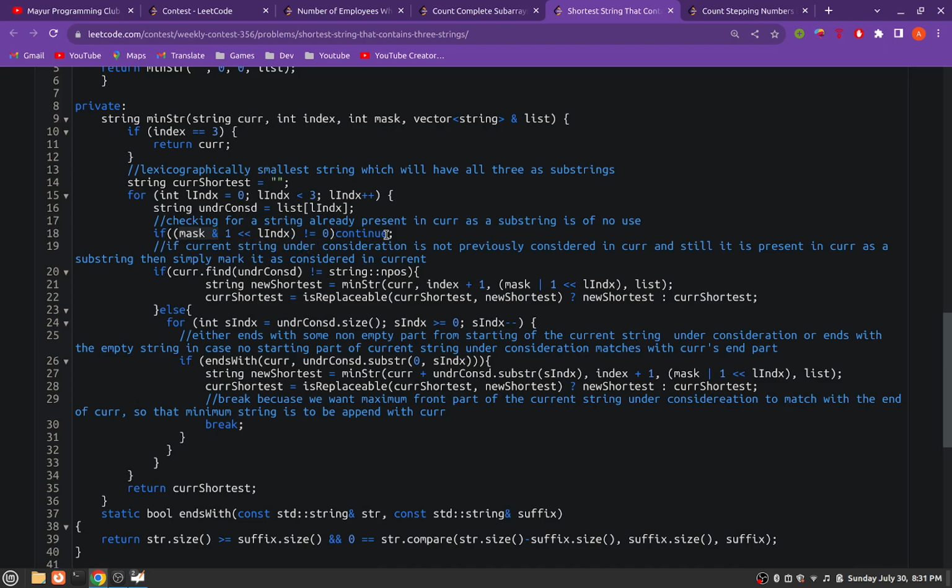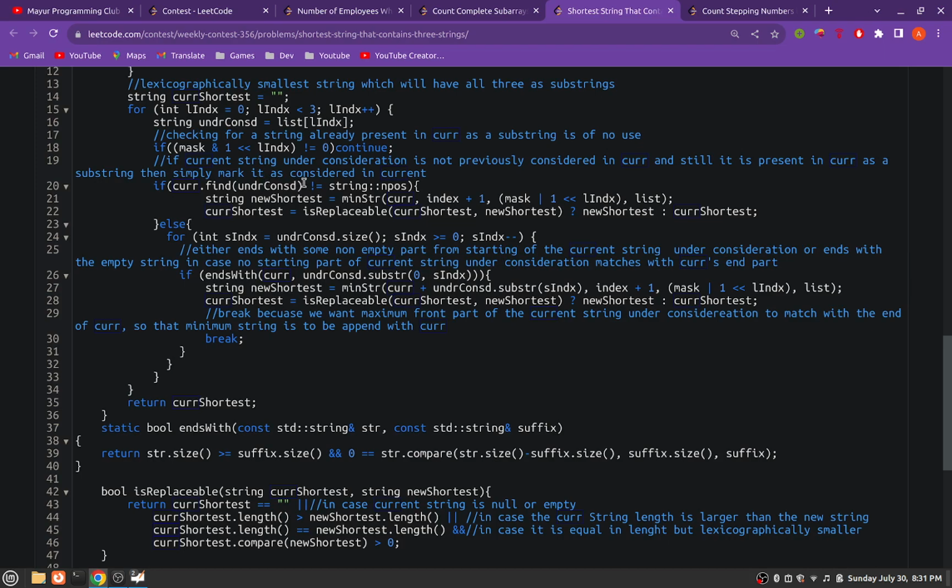So we will skip this part, and if the string under consideration is not present in the current string, what we'll do is,